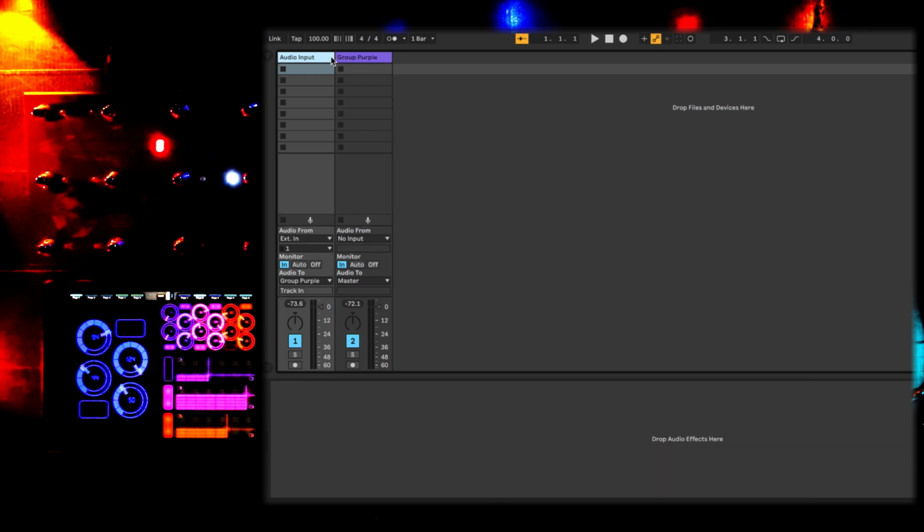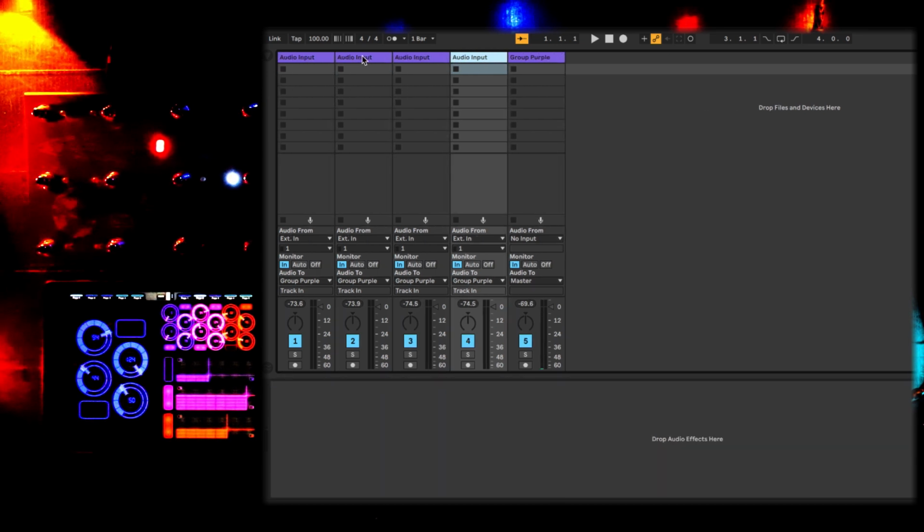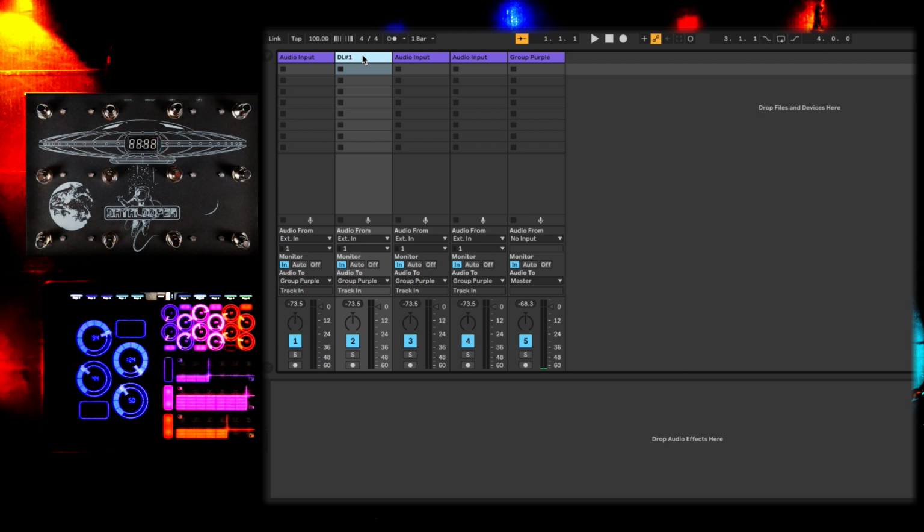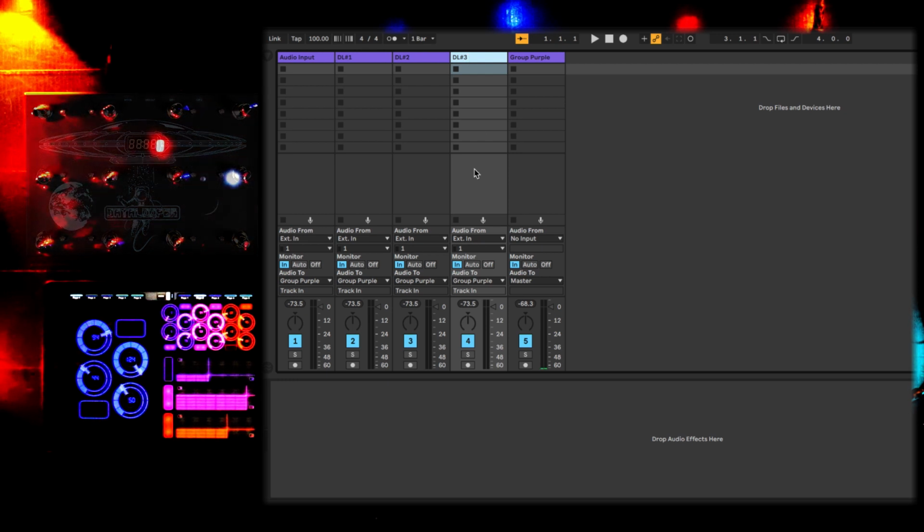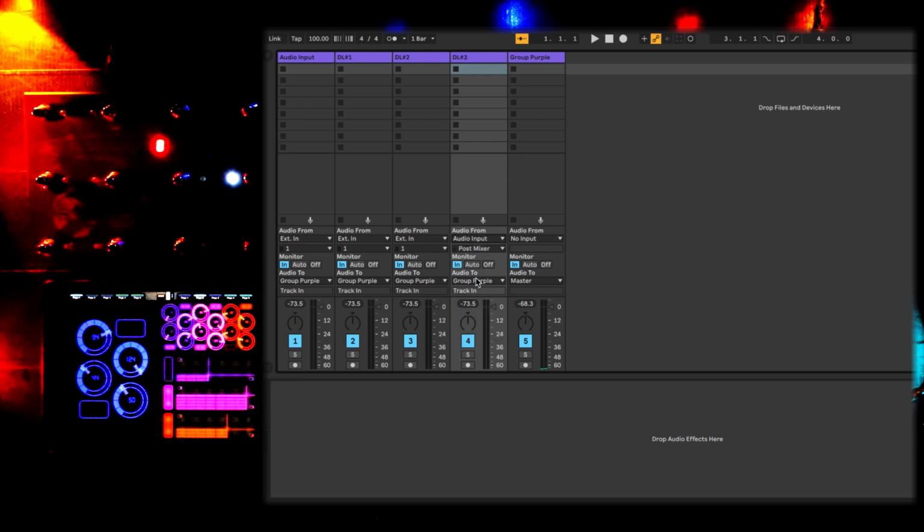Now we're going to map 3 instances of Ableton's looper to a data looper, which is a pedal that provides visual feedback for the current state of the loopers. The relabeling on these tracks is so the pedal can communicate with the loopers, but the labels can be added to any existing track names you're already using.